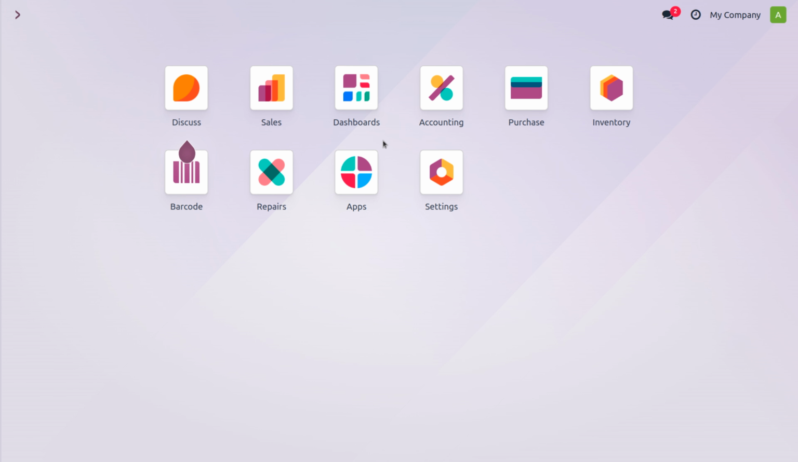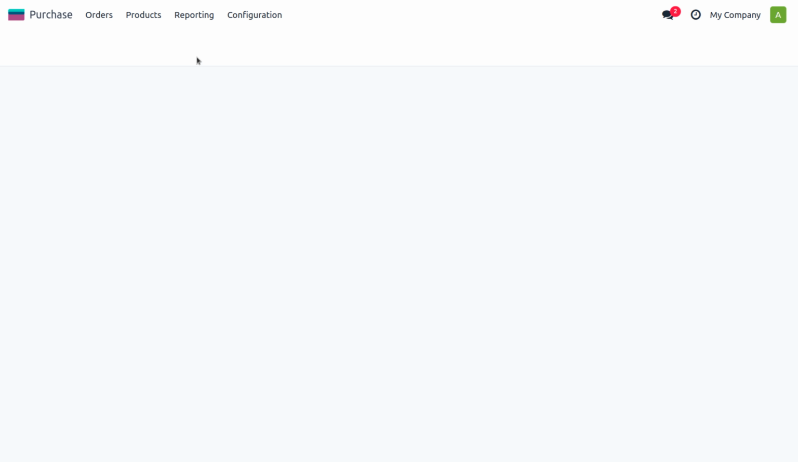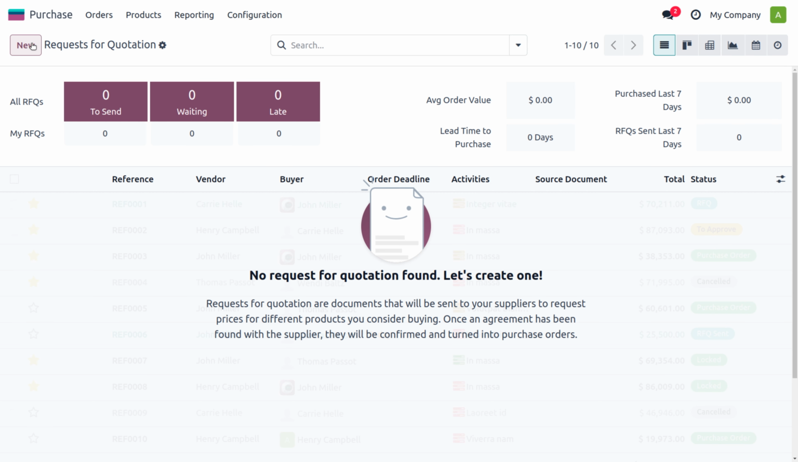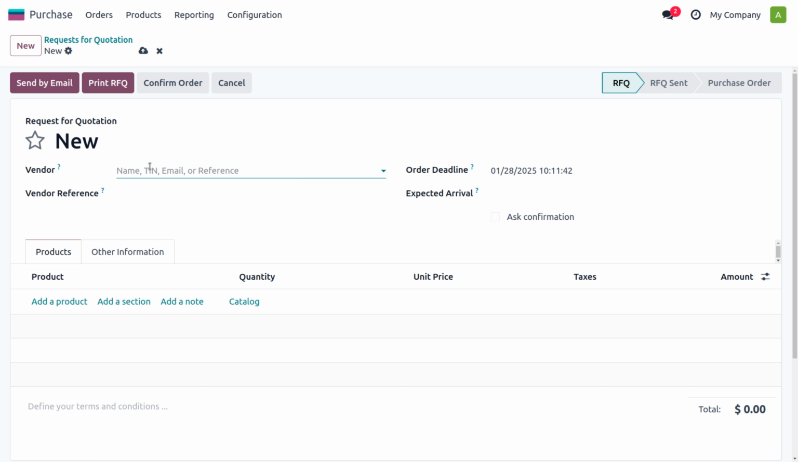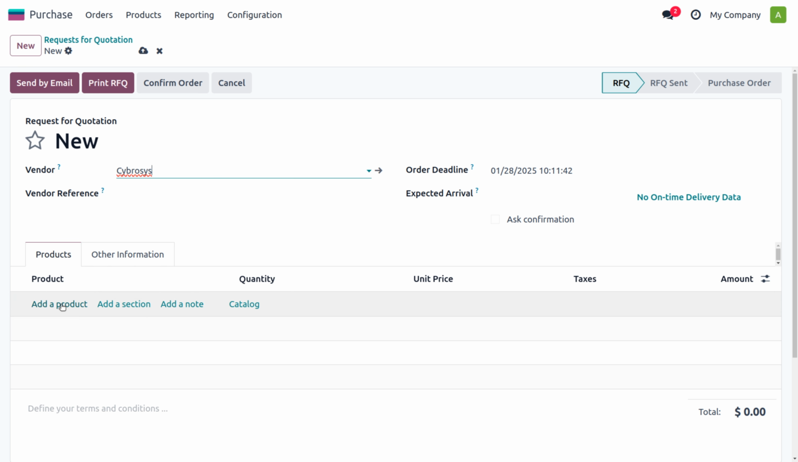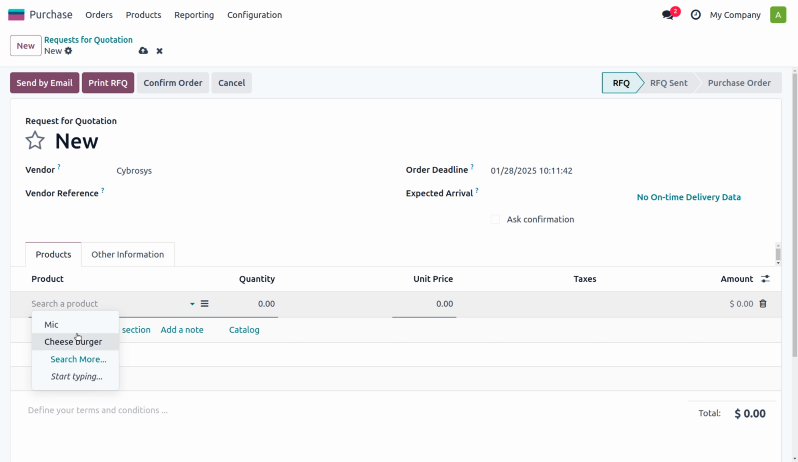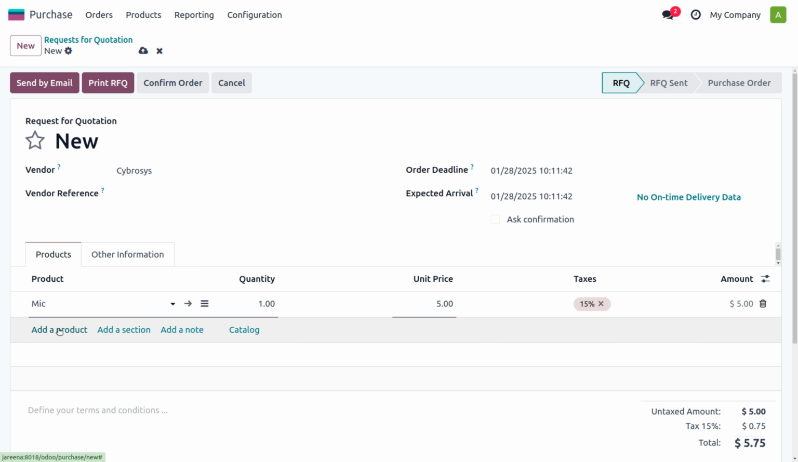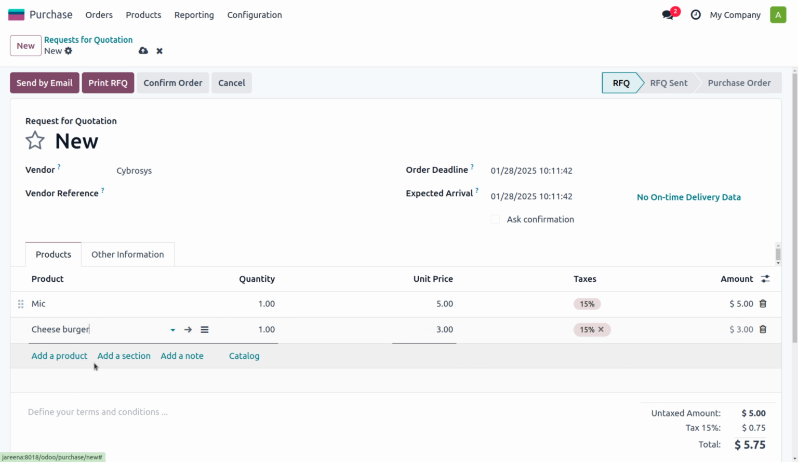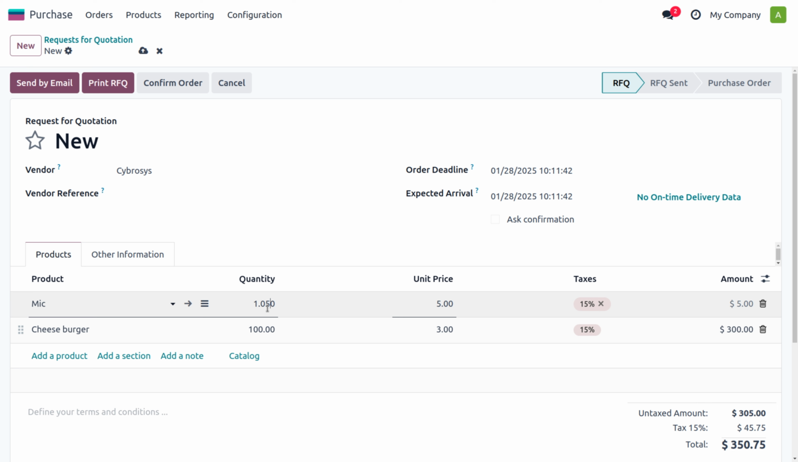In order to do the purchase, you can just move on to the purchase module and let's create a new quotation, RFQ, by choosing the vendor. I would like to choose a vendor as Cybroses, and afterwards we can just choose a product, Mike as well as cheeseburger. Now let me choose all those products and I want a large quantity to purchase all these items. So I would like to purchase 50, yeah, here I would like to purchase the quantity 150 as